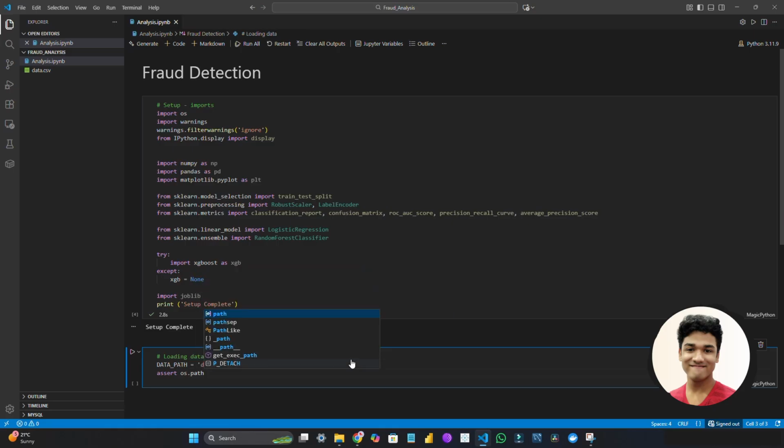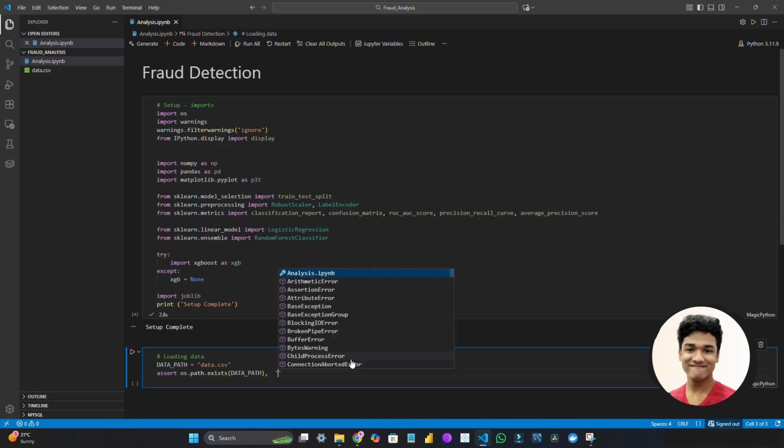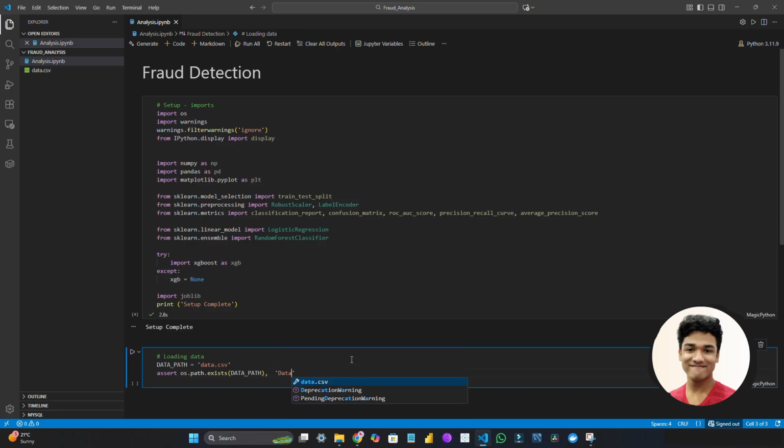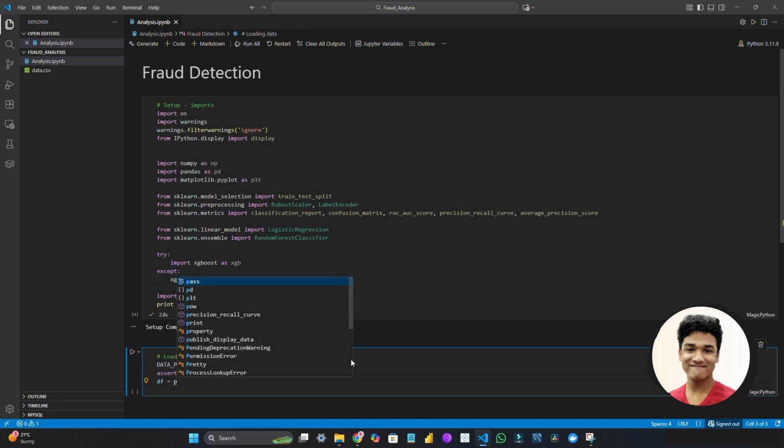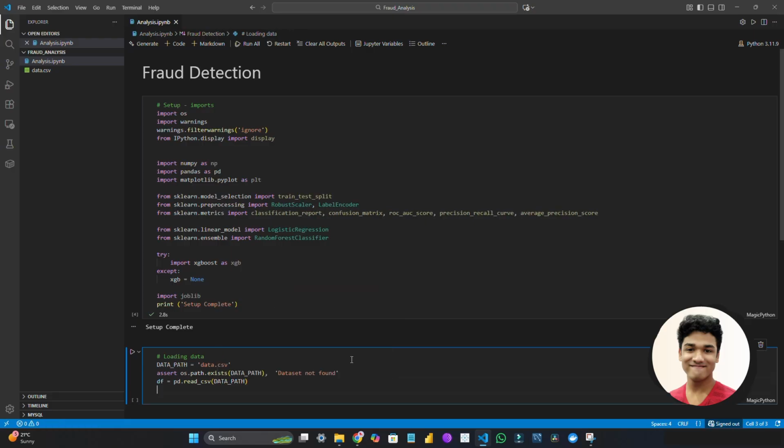Next, I use an assertion check. assert os.path.exists(data_path), 'dataset not found'. What this does is verify whether the dataset actually exists in the specified path. If the file is missing, the code will immediately stop and show the message dataset not found. This is a good practice in interview assignments because it prevents silent errors and shows that you are writing defensive,